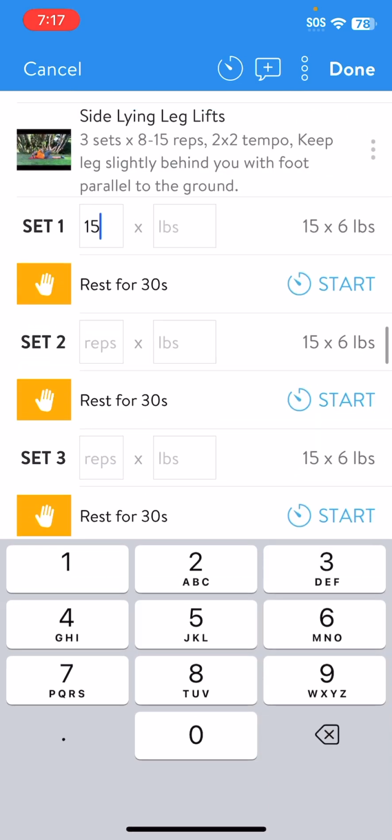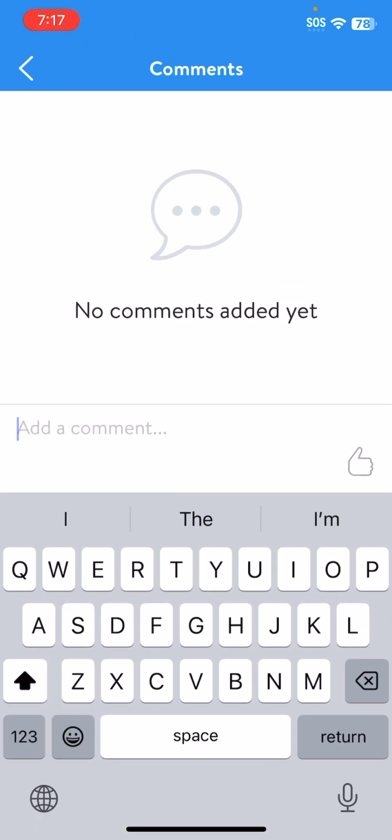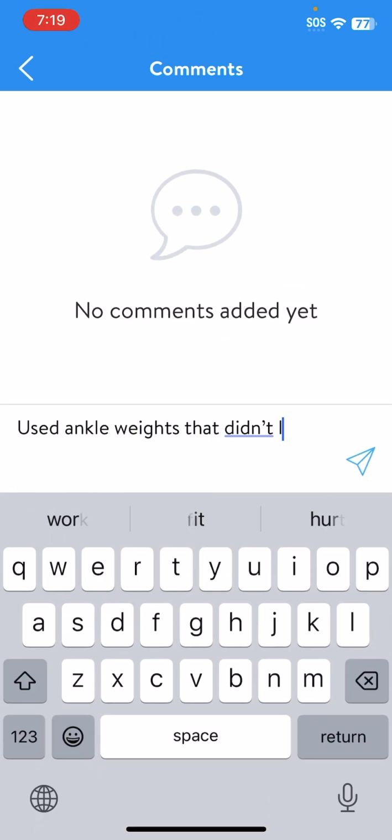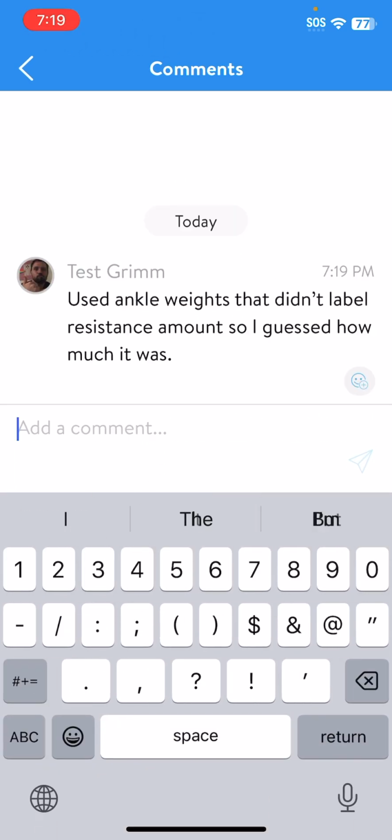You're still in the workout here. Let's say while doing the side-lying leg lifts, you used some ankle weights that are different than the ones you normally use, and it happened to be one of those ones that don't have the resistance level labeled on it. Well, in the top of this, you'll see next to the timer button is this little comment button. Now, this is only going to leave a comment specifically for today's workout. And boom, that is now going to be attached to today's workout